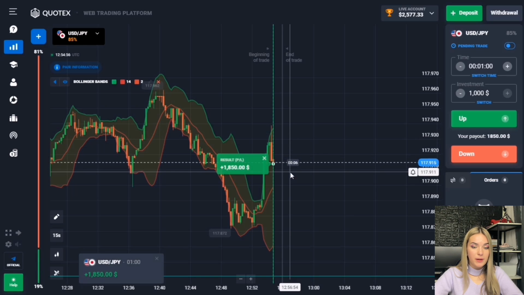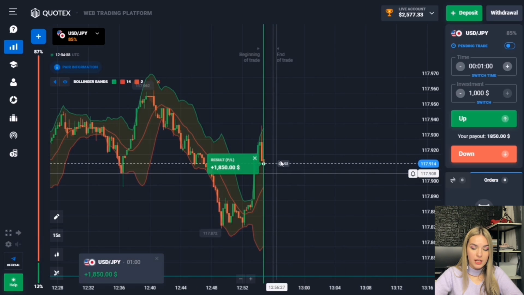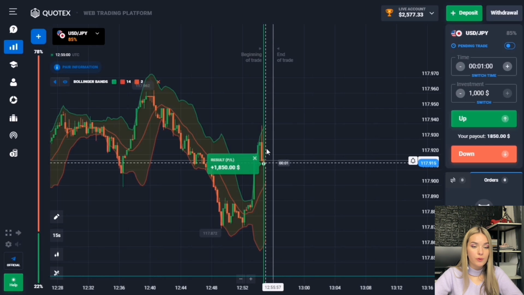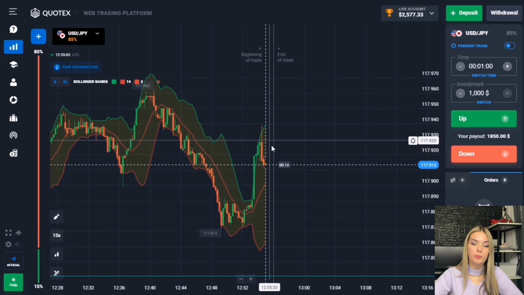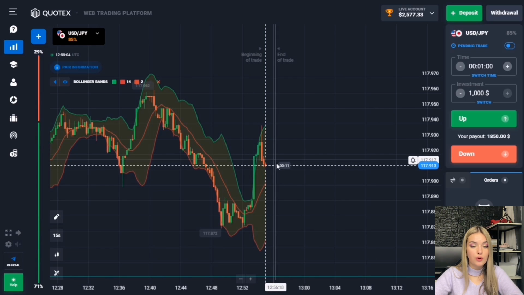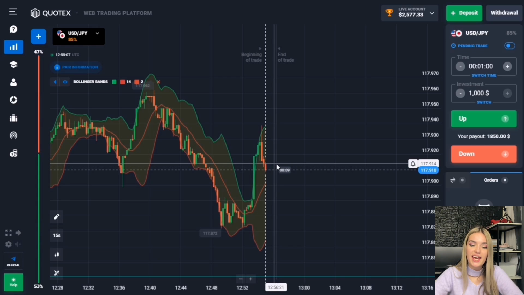Quite good, even despite the fact that after we opened the deal, the price was growing for some time, but in any case, a reversal has already occurred in the near future and the price has gone down and we managed to close our deal in profit. Perfect. 1 minute was quite enough. On my deposit already